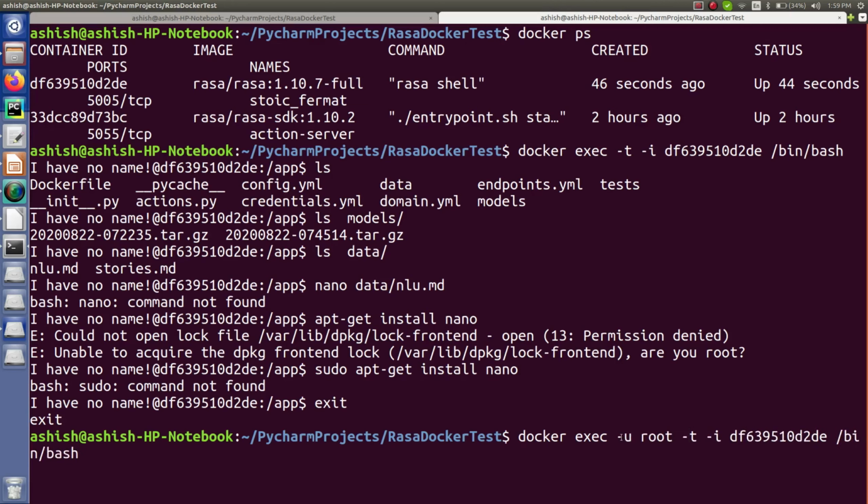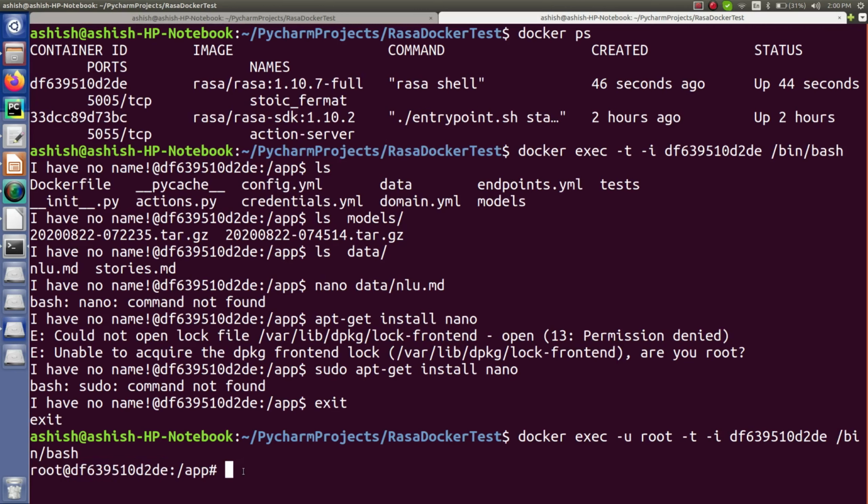Which means I am going to open my container as a root user, and then I am going to execute whatever commands I want to do, right? So this is how I am going to work on it. Now press enter, and this time when it opens, you will see in the beginning it will show root @ your container ID, which means this time your container is running as root, meaning it is running as an admin.